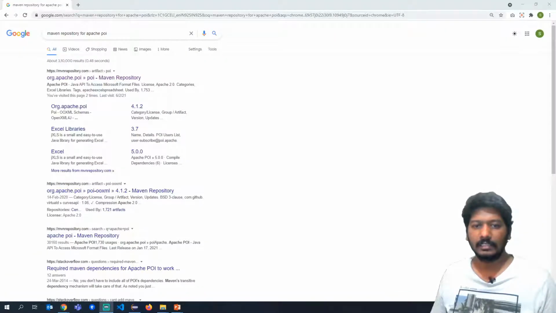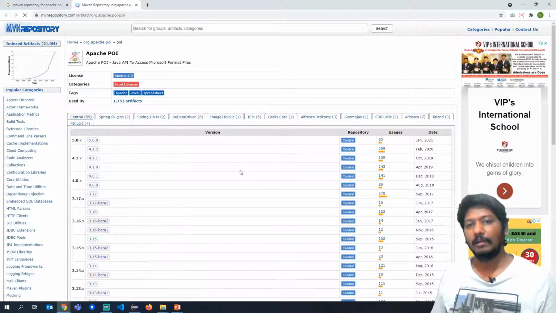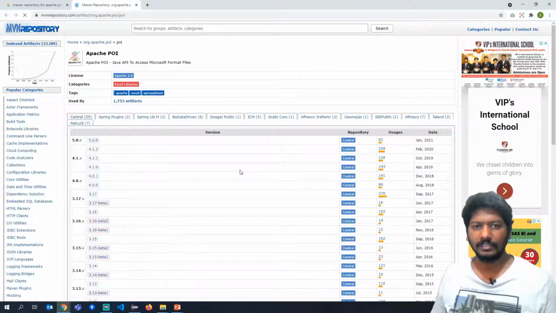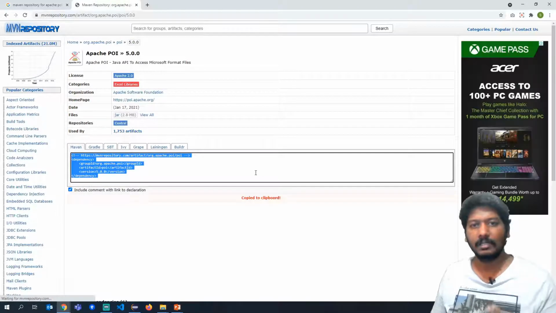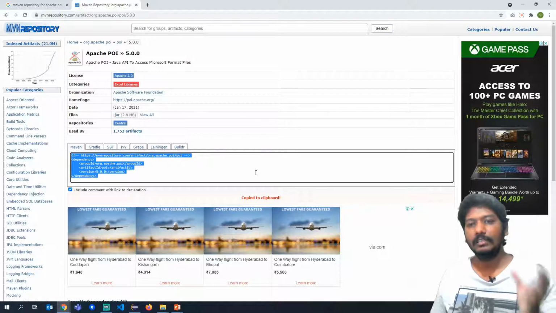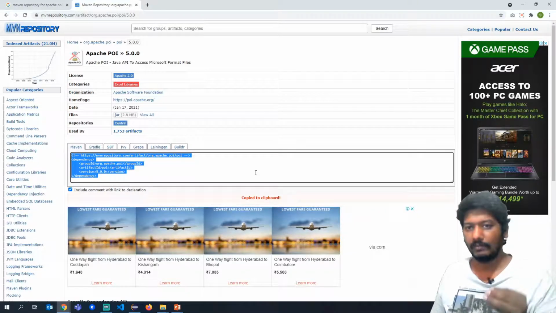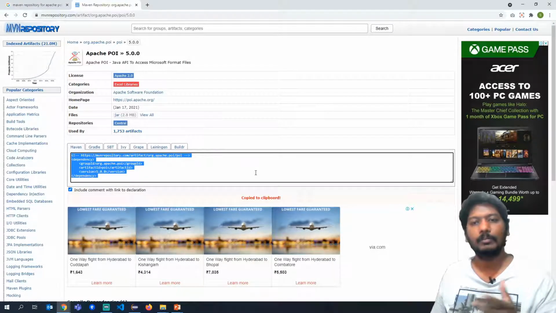So if you see here, I have already searched for Maven repository for Apache POI. You can click on the first link. Okay. Now you can see that there are multiple versions of this library and it has been updated regularly. Okay. You can take any latest version. For example, I'll take the latest version here. Click on it, and then it will give you a small piece of XML kind of a code, which is like tags will be there. This is actually the dependencies. So if you want to import the Apache POI related libraries into your Maven project, you need to add this particular piece of code as a Maven dependency in your pom.xml.